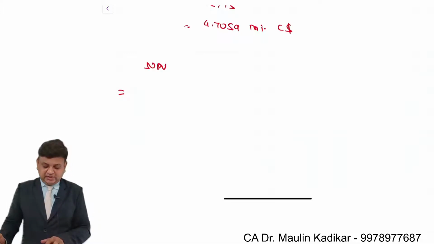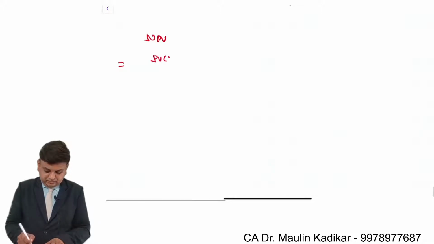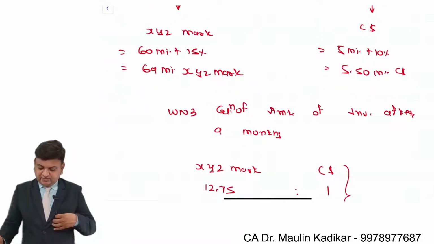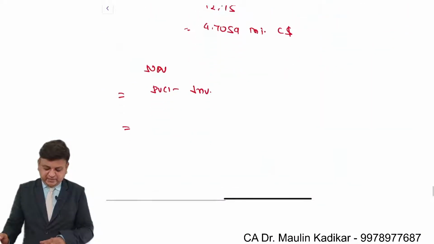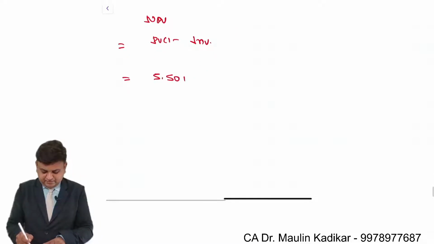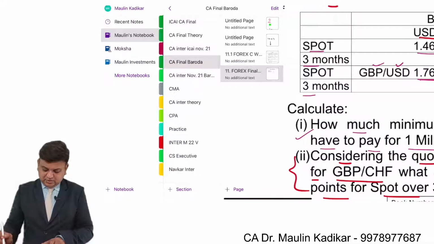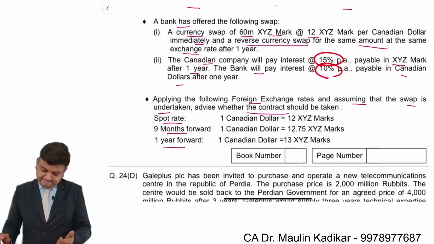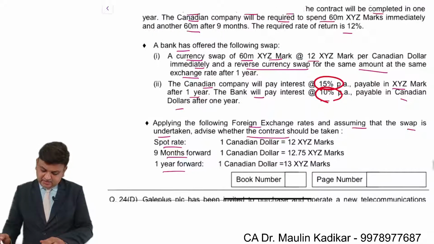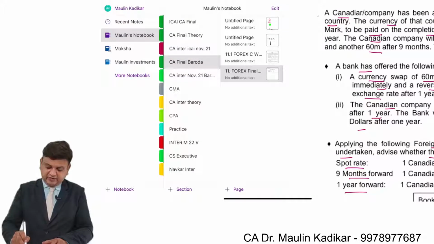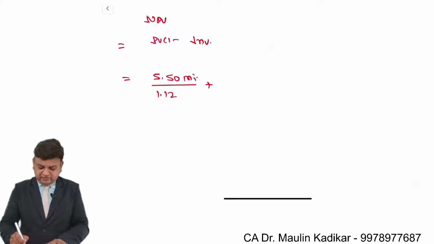So NPV can be calculated like this: present value of the cash inflow minus investment. We understand that we are going to get repayment of 5.5 million Canadian dollar at the end of the year, so divided by 1.12, plus we are going to receive consideration of 150 million after 1 year. So 150 million